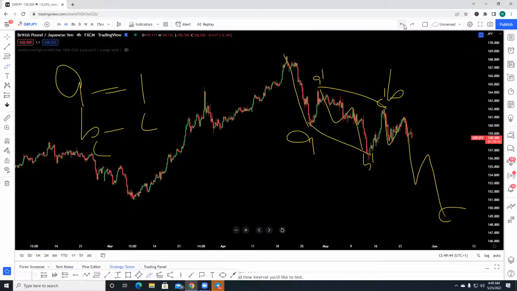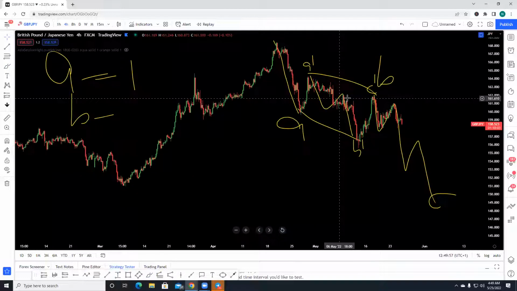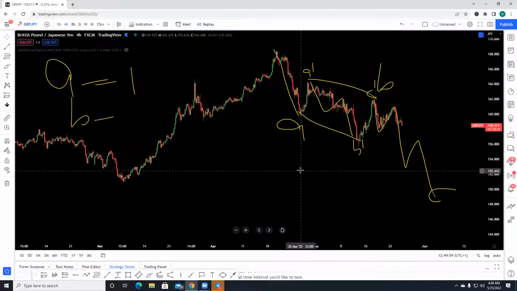Can you see this logic, guys? So Elliott wave theory is close to perfection. It's not perfect, but it's very close to perfection. And that is why I still tell you it's very, very subjective. All right. Okay. So another proof to show that this market is going to come down is we got to